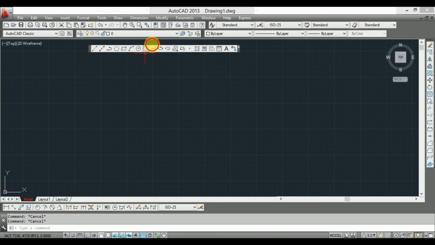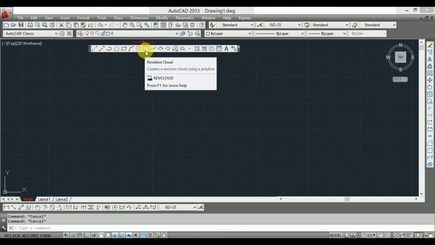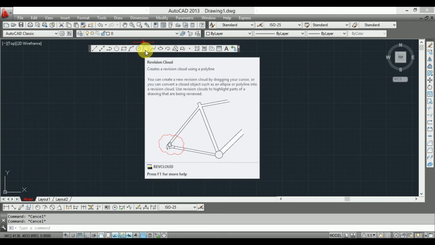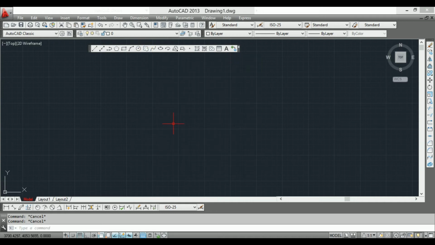The next command, guys, is revision cloud. Revision cloud is used to highlight any dimension or specify a corner of the profile to explain it in depth. How will we make it?